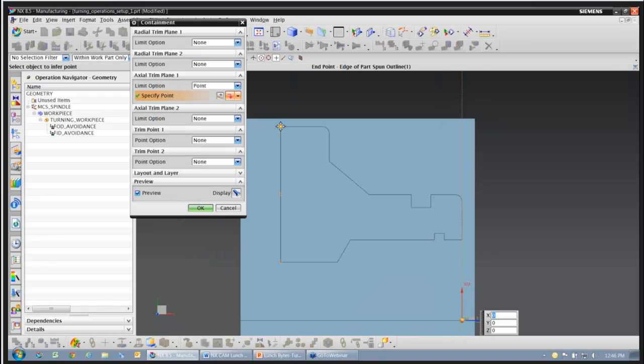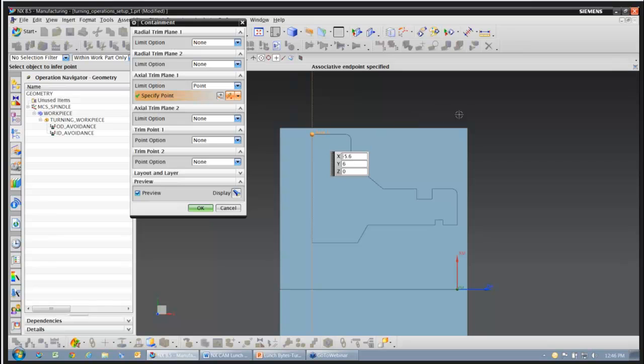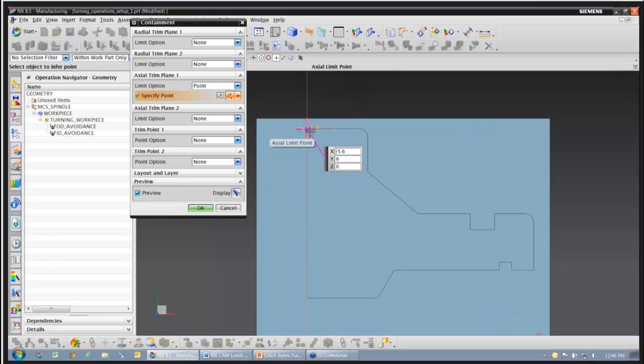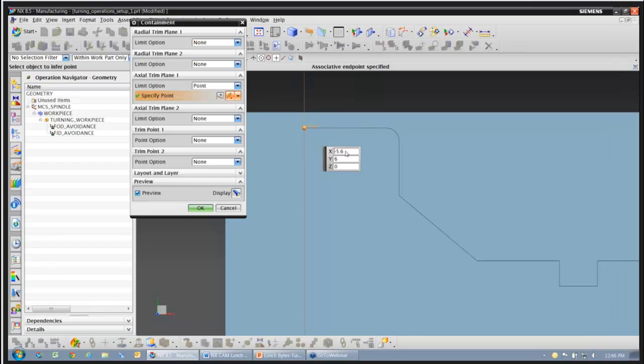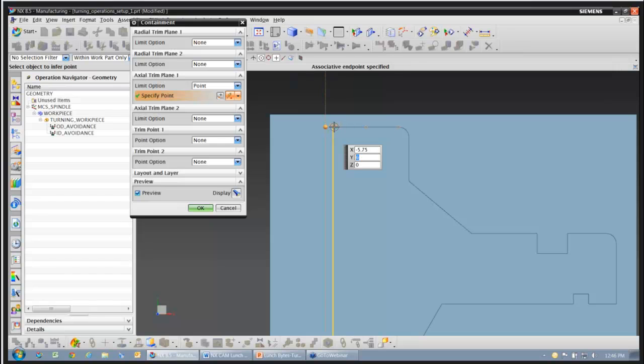So what I'm going to do is set the axial trim plane, and this is going to limit our cutter path. It's going to limit our tool motions. I don't want to limit it right to the edge of this. I want my tool to be able to come just a little bit past this, so we don't leave a burr or anything on our part. So I'm going to change this to negative 5.75, so that our tool can come just a little bit past the backside of our part,